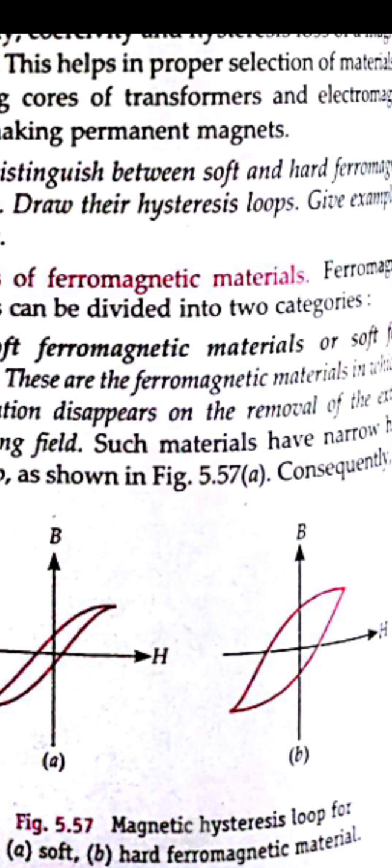What that means is that they have high retentivity, high coercive power also, and the hysteresis loss will be more. But we know that it does not get easily demagnetized, so it will be better used to make permanent magnets, right? Demagnetized means that after removal of the external magnetic field also, they are not getting demagnetized. So we can say that they are strong magnets, so they will be used for making permanent magnets. Okay,